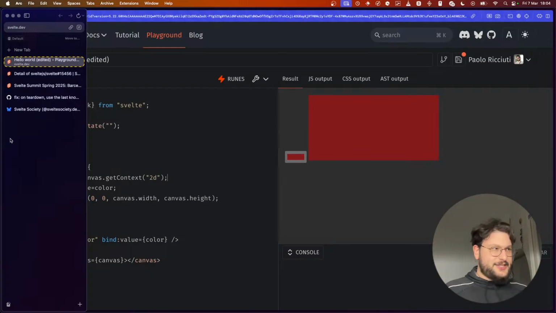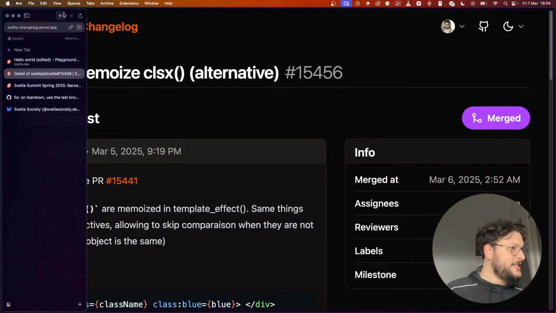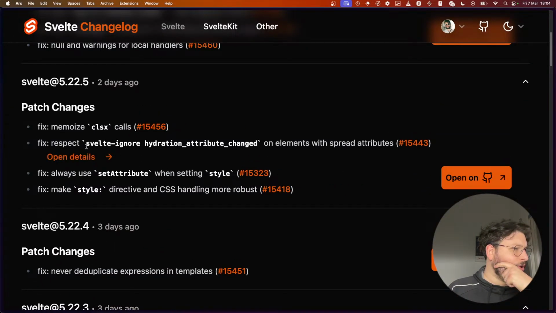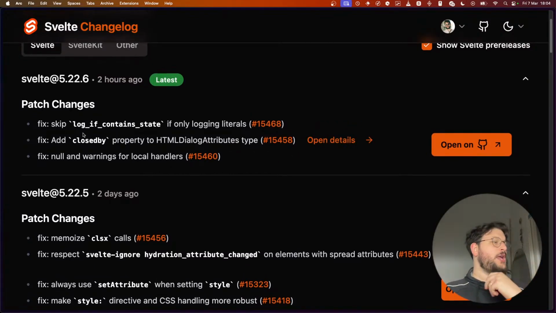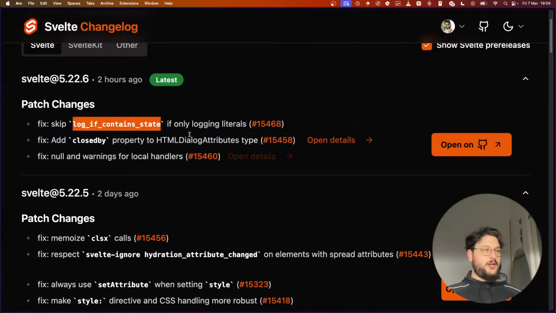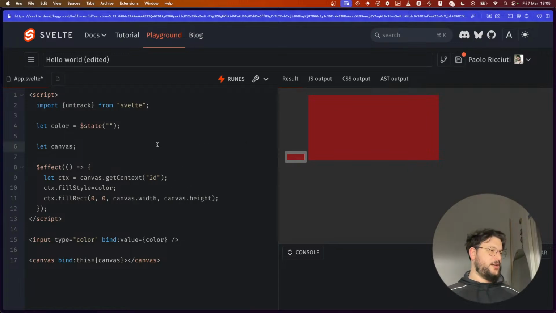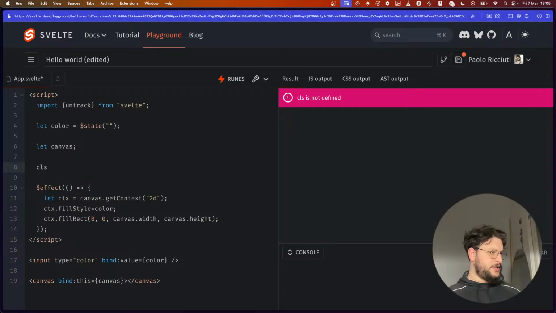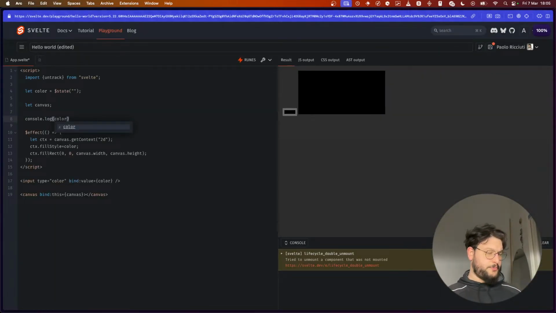Okay, let's switch back to this, and let's go to this one, which is brand new, 2 hours ago. Skip log if contains state if only logging literals. So you might have seen, if you are logging some state, so if I do console.log color here,